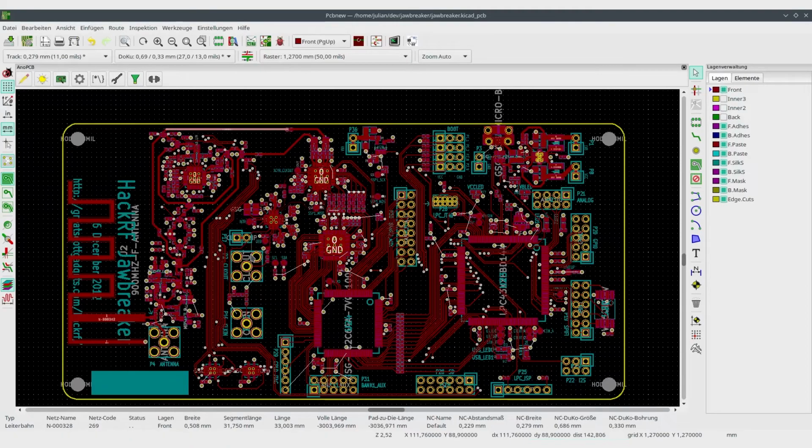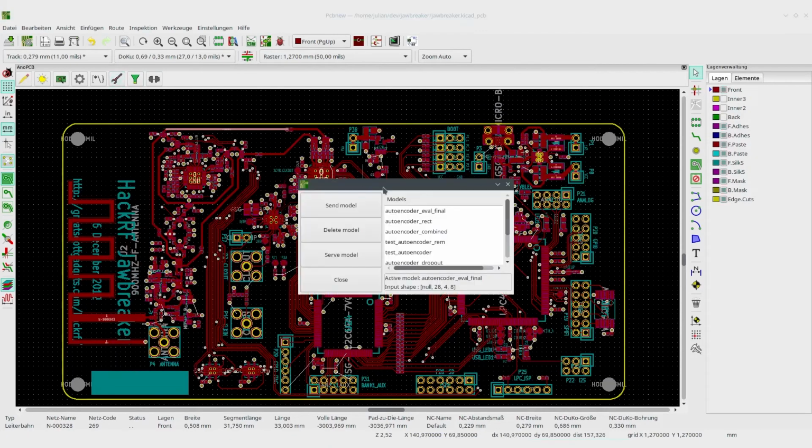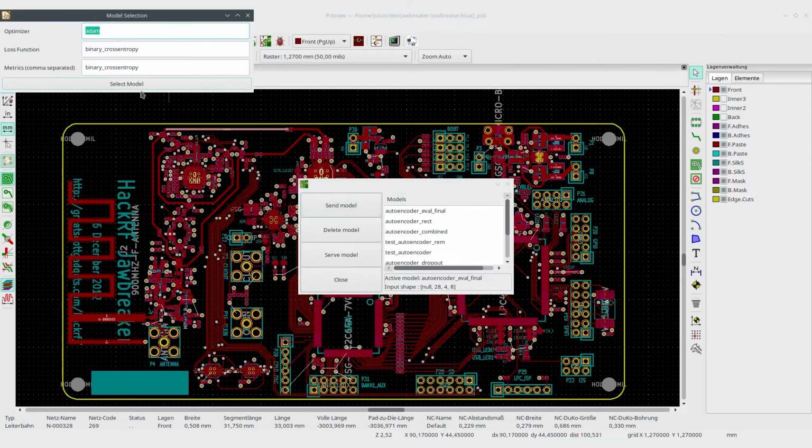And running such a file will generate a template file, which can then be trained to a model which can then accomplish the analysis process, like this file here. Please also consider that a template file will also have a fixed slice size. So yeah, when we want to start with that, we first of all have to send a model.